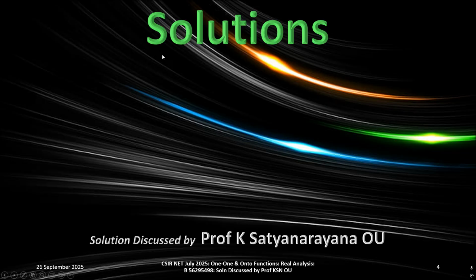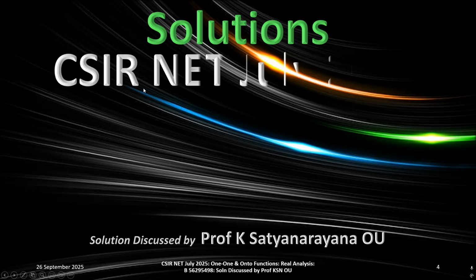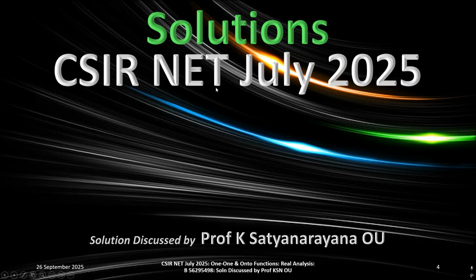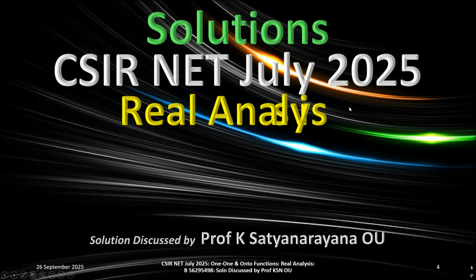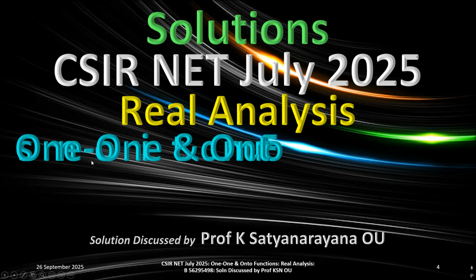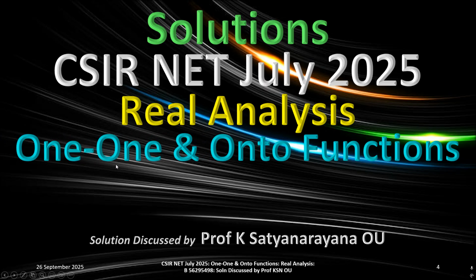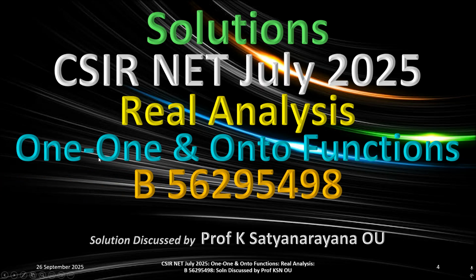We continue the discussion of the solutions of the problems from the question paper CSIR National Eligibility Test July 2025. In this video, we discuss the solution of a problem from the section Real Analysis, which is related to one-to-one functions and onto functions. This question is placed in part B, which is a multiple choice question, and it carries